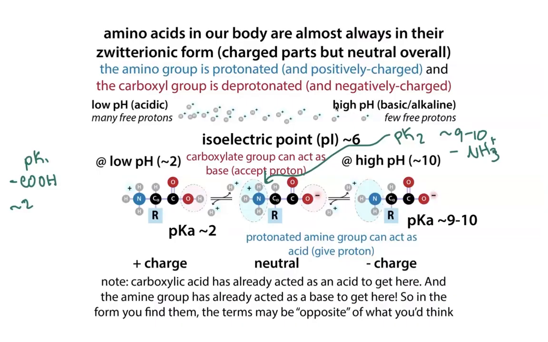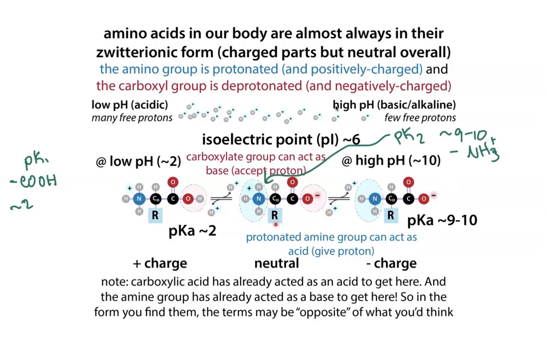So that carboxylic acid group is going to deprotonate. And then the amino group is still going to be protonated. But if you increase the pH even more, now you get deprotonation of your amino group, and so now you get the conjugate base form. But you have to get to a pH of about 9 to 10 in order for half of that to be deprotonated. So instead, what you're going to find typically is that at a pH in